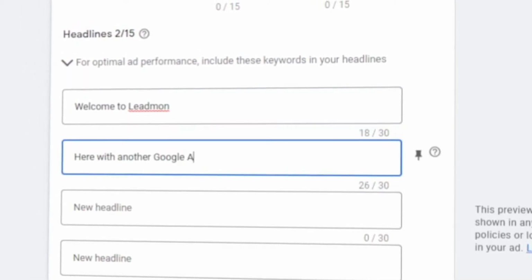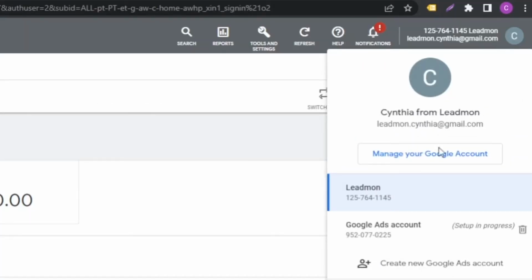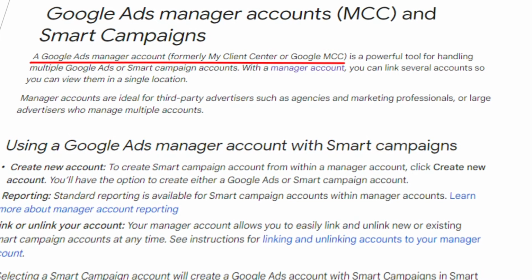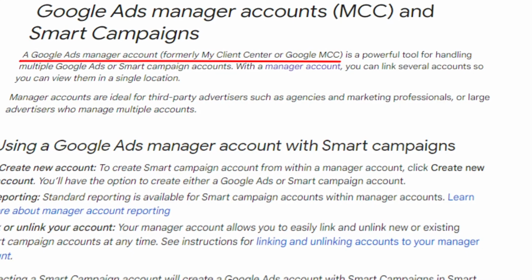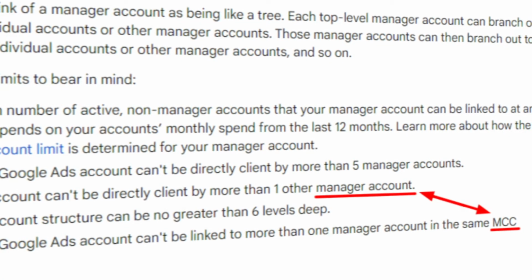In the previous video I showed you how to sign up for your first Google Ads account. What if you want to manage a second account or even more? Then you want a Google Ads Manager account. This is an umbrella account to handle multiple ads accounts. This was previously known as My Client Center, and some advertisers, support reps and articles still refer to it as